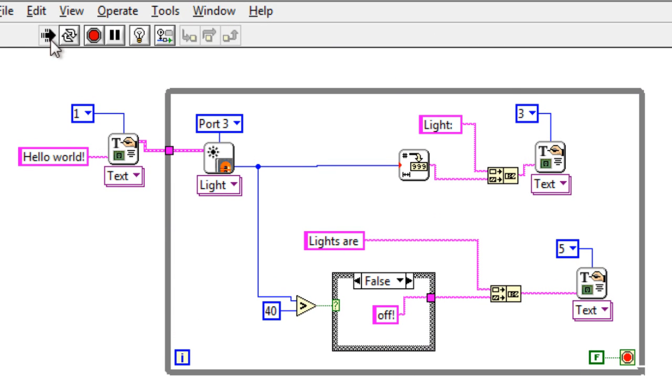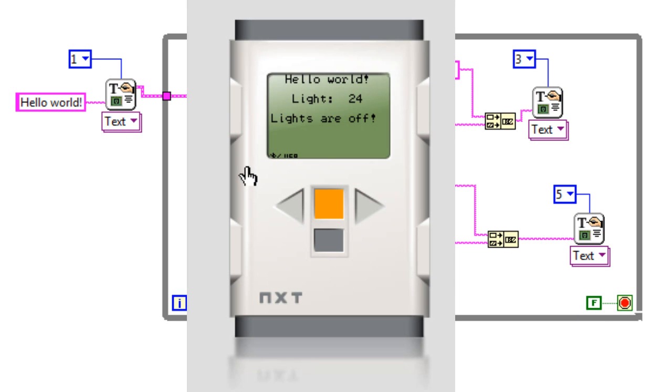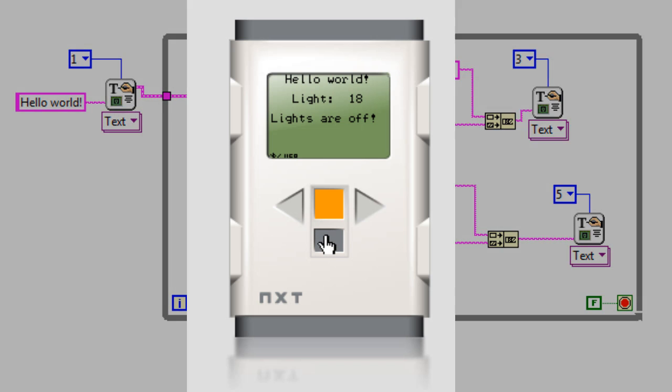And so now you can see at the moment the lights are off. If I point this towards the window, the lights are on, off, on. And that's how easy it is to play with text and get text and numbers displayed on the screen.